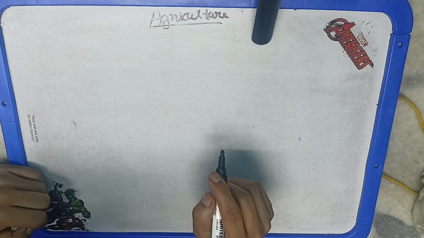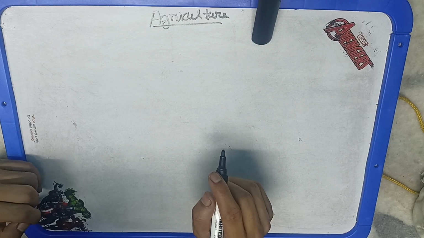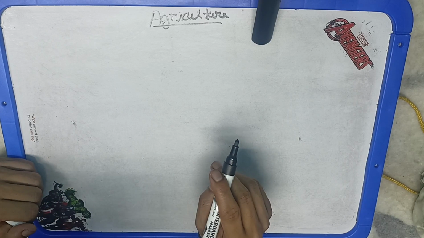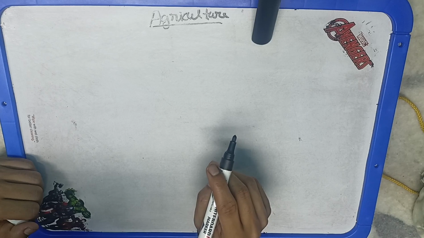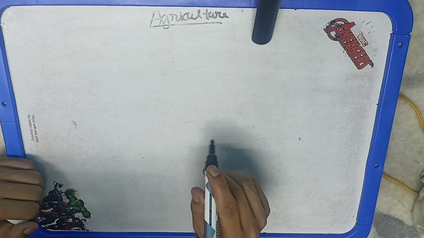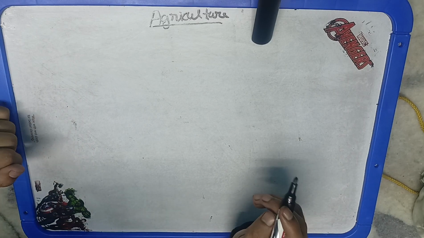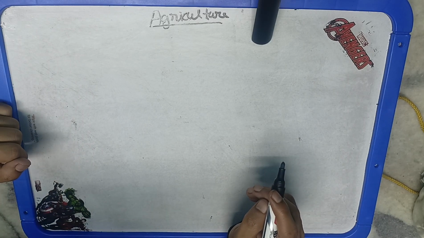National Milk Day is important because it is correlated with Operation Flood or the White Revolution. National Agriculture Education Day, World Soil Day is on 5th of December. Again, this is important. National Farmers Day is important. So these are the few important days which are related to agriculture. You should keep all these days in your mind. They may be asked in your examination.